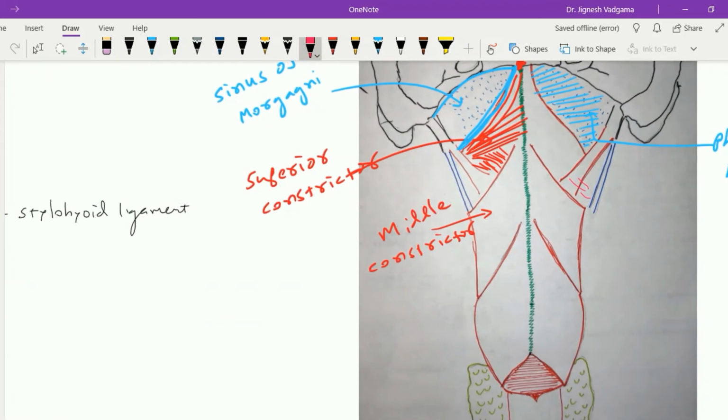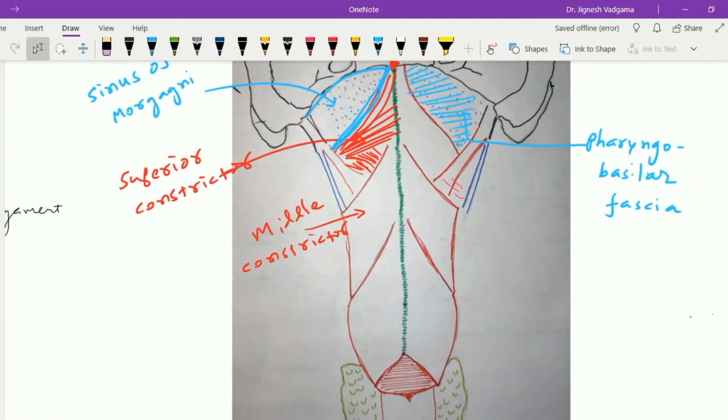On the posterior side, these are the fibers which pass upward and insert on the median pharyngeal raphe and overlap the superior constrictor muscle, while the lower fibers pass under the inferior constrictor muscle, are overlapped by it, and ultimately insert on the median fibrous raphe as far as